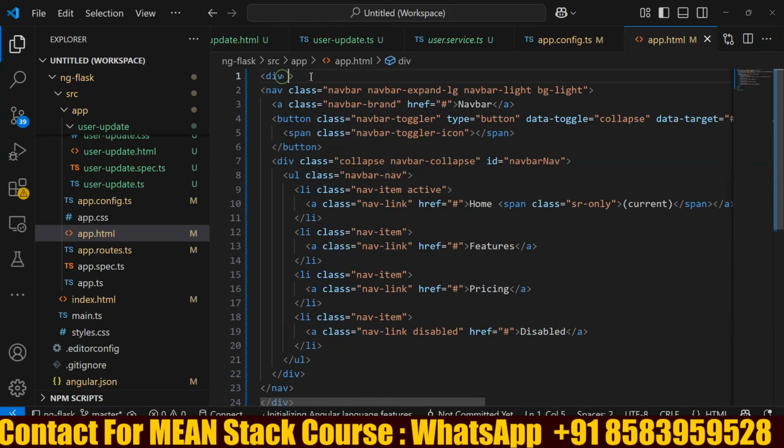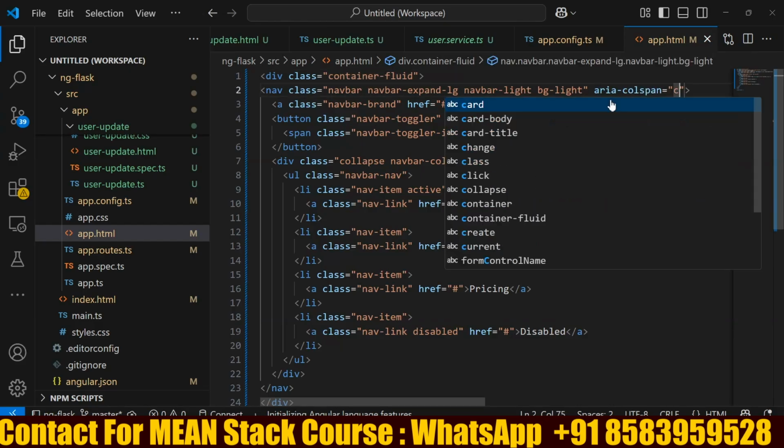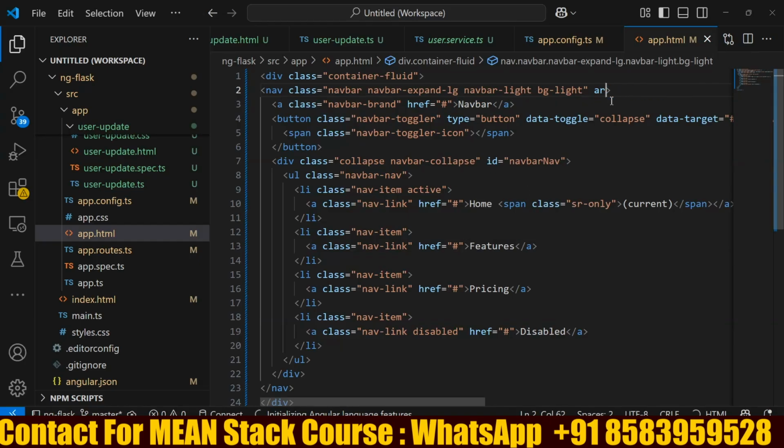Class container-fluid, and in this one will be class container. That's it,